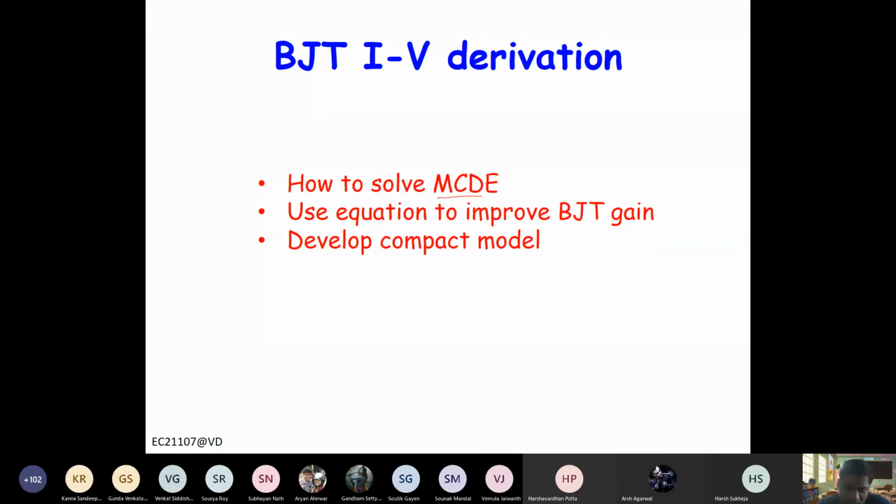Just a side note, BJT devices actually work on these minority carriers, because these minority carriers are injected. So from the emitter, it has holes as majority, right? But when they are injected to the base, they are minority carriers. And this is all the game of the minority carriers only. And with this, when we derive these equations, we will get some idea how we can improve the characteristics of BJT, such as gain and the frequency characteristic. And we can also have some compact model, so we would not need to solve these equations again and again.